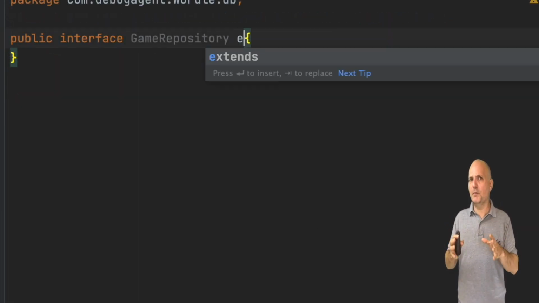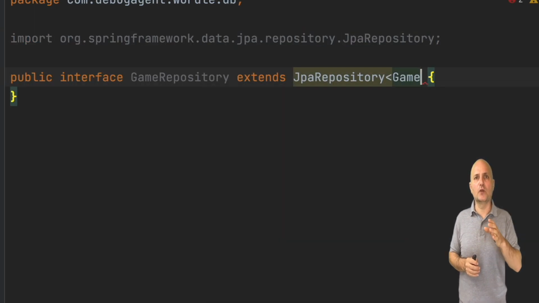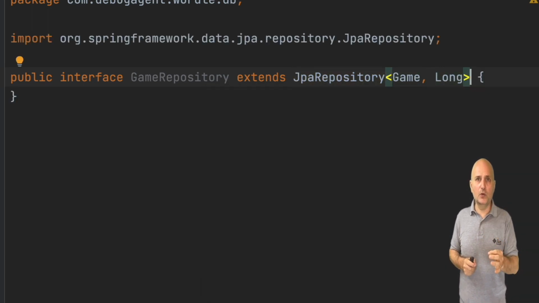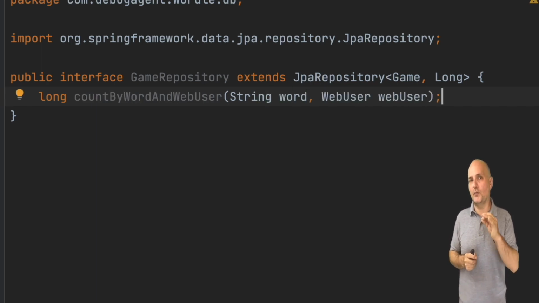We can similarly implement the game repository. I've skipped the creation code and went directly to the actual code again. It's only an interface. Here we can see a different type of method. When the method starts with count, it will generate a select count statement. In this case, notice that a number is returned instead of an object, since that's the expectation of a count call. Also notice we include two fields and separate them with an AND.